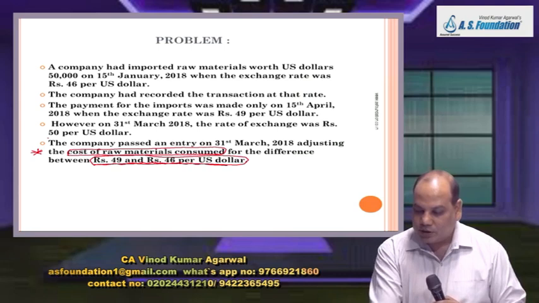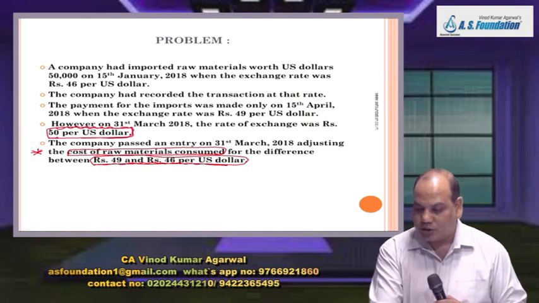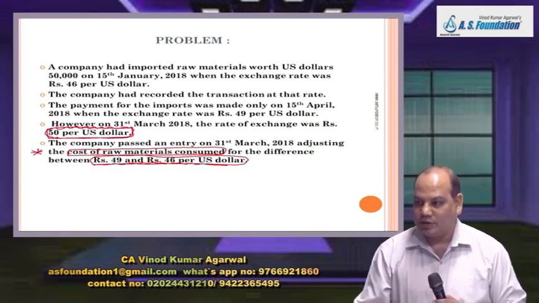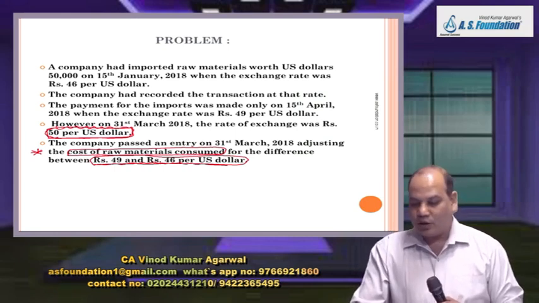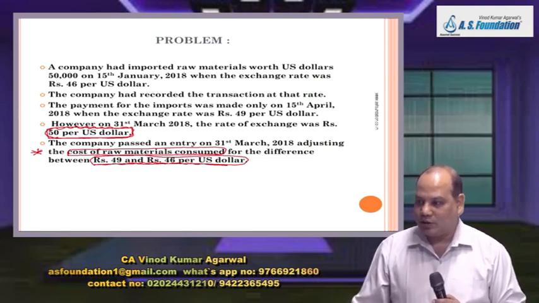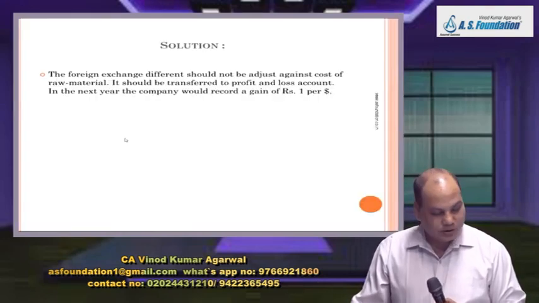At the end of the year, the rate was 50. So the standard says you have to apply the closing rate for a monetary item, unless it is unrealistic, but it doesn't seem to be unrealistic on that date. Okay. Nowhere in the standard they say event after the reporting date you have to see to calculate the rate. Okay. So the answer is